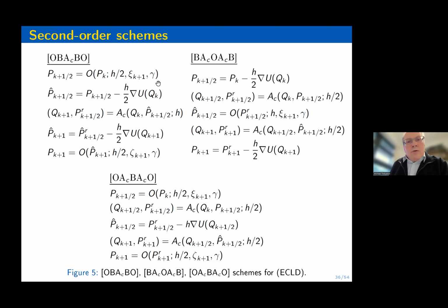Now, the next limiting case we can look at is to put this gamma equal to 0. If I put gamma equal to 0, I'm getting a deterministic Hamiltonian system with reflection at the boundary. In that case, of course, I do not have Ornstein-Uhlenbeck, so they are gone. I have just these three things. And this method does exist in deterministic literature exactly with this AC we constructed, but this method is of first